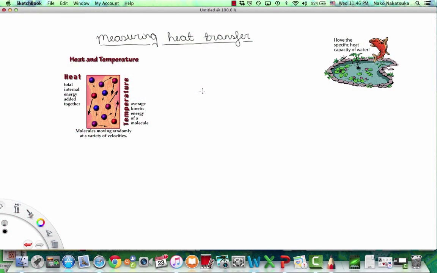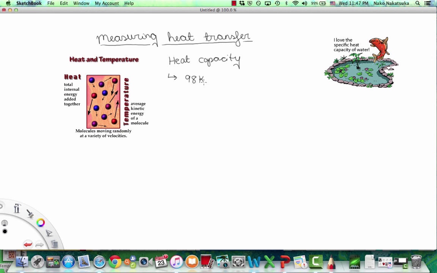So now we move on to talking about measuring heat transfer. The heat required to raise the temperature of an object by 1 degree Celsius is the heat capacity. So let me repeat that again. The heat required to raise the temperature of an object by just 1 degree Celsius. So for example,